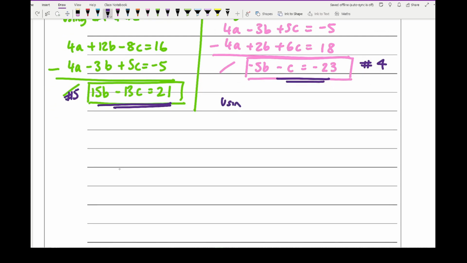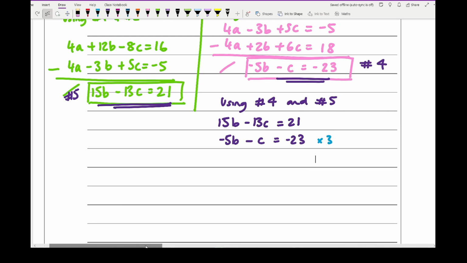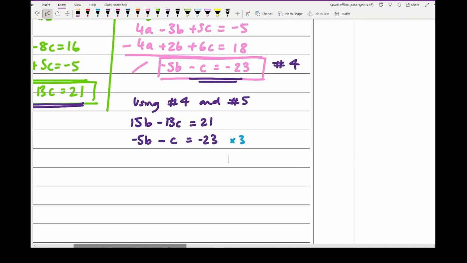So using #4 and #5, I end up with 15b minus 13c equals 21, and minus 5b minus c equals minus 23. Now from this I can solve this simultaneous equation, so I need to multiply this equation by 3. Doing so, and let me scroll over here so we've got a bit more space, I end up with 15b minus 13c equals 21,